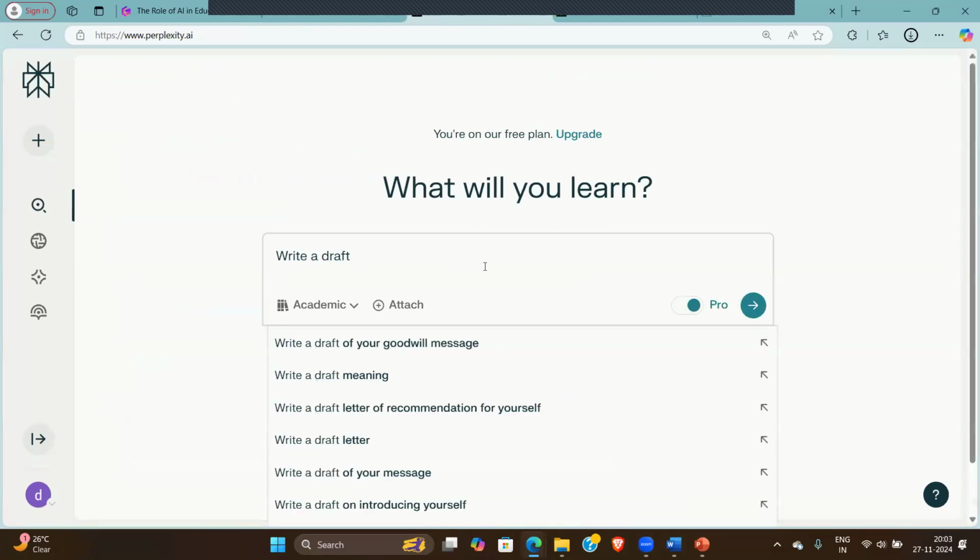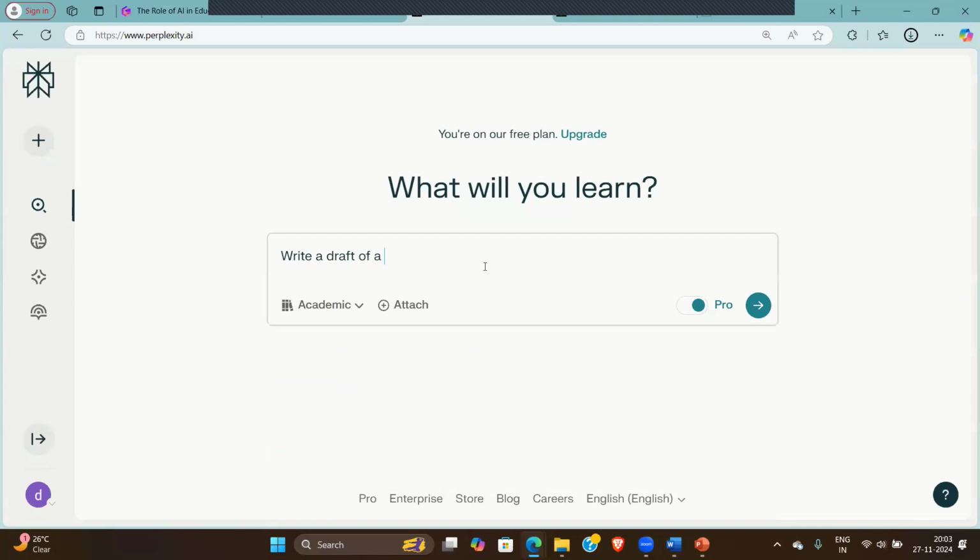Let's say, we'll give it a very specific task. Let's make it a more detailed prompt this time. Let's say it's a draft of a chapter for the topic of the role of AI in education with the working practices. Then